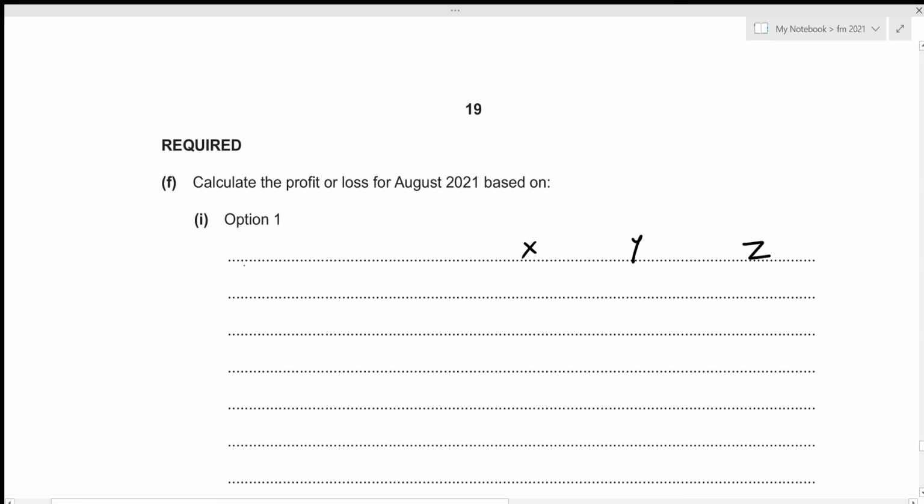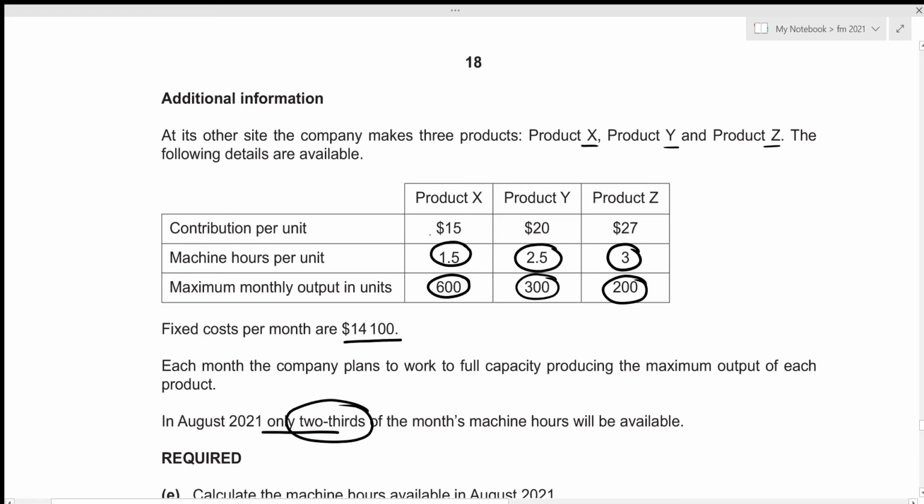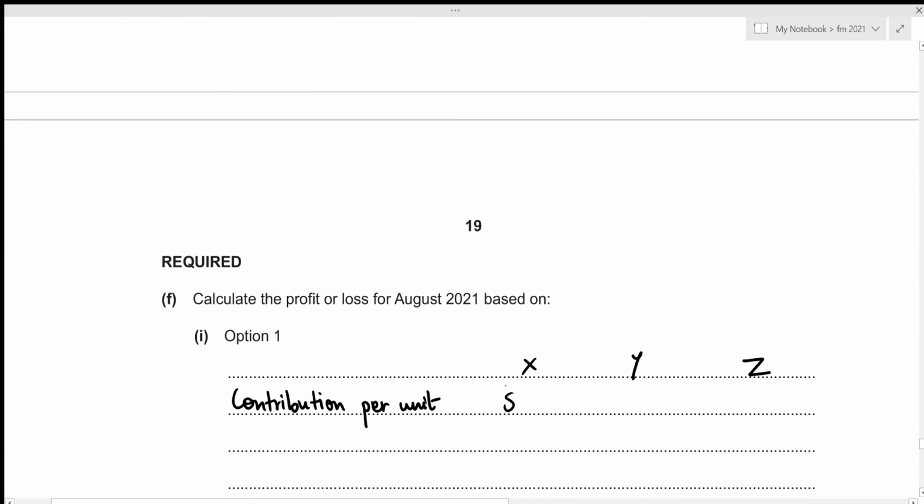Let's write it down. So that's product X, product Y, product Z. We require the contribution per unit, which is given above. Let's have a look. So for X, that's 15, for Y, that's 20, and for Z, that's 27. Let's write it down. So that's 15, 20, and 27. And now we also require the machine hour per unit,